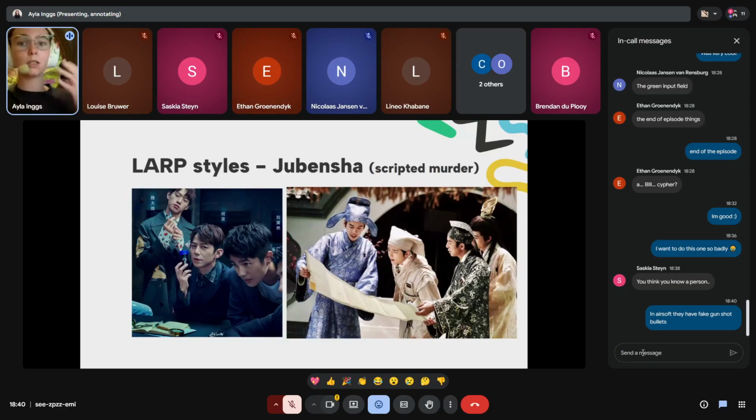This is also known as scripted murder. So this became quite popular in 2010, and it's more of an Asian style LARP. So it combines this idea of a live action Cluedo kind of vibe, but also interactive theater kind of energy. But like I said, it is Asian based. So what happens here is you have a scripted murder. It's a game format very similar to the murder mystery, but it's slightly different in the sense that it's a lot more scripted and it's a lot more serious.